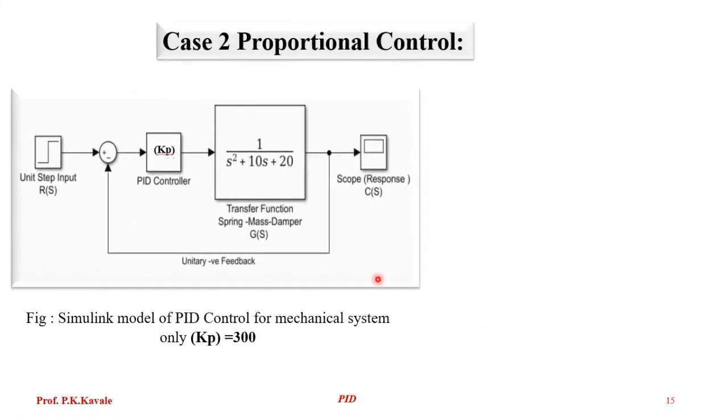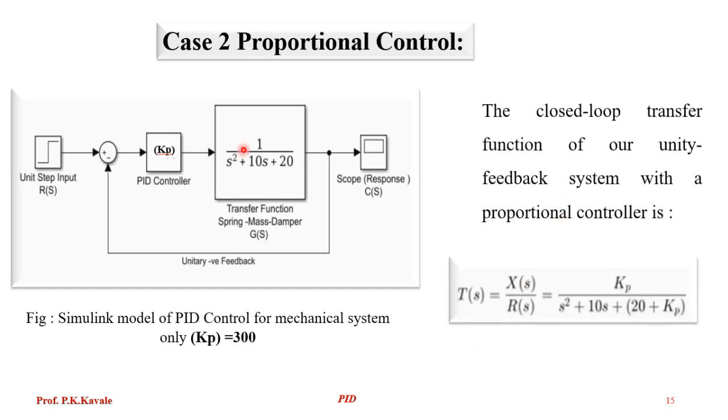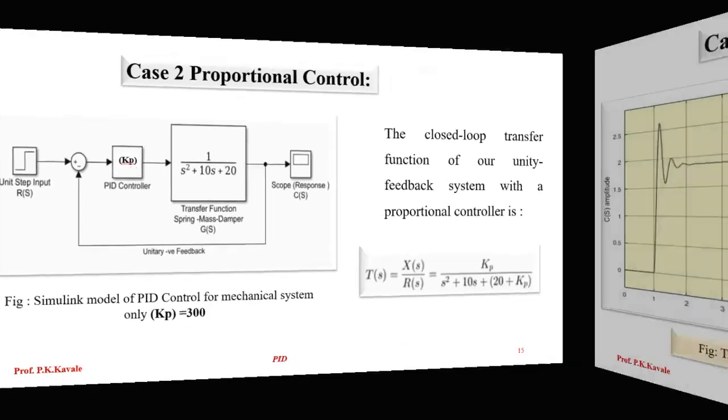Now for this, we first go with the proportional controller. We introduce one block from the library in Simulink, a PID block. In that, I and D we keep at 0, and only give the P value. The P value is 300, meaning the proportional gain is 300. Then we give the unity feedback. With the help of the block diagram reduction principle, we convert this into a single block, reducing the closed loop transfer function into the open loop. Finally we get the transfer function of the entire system.